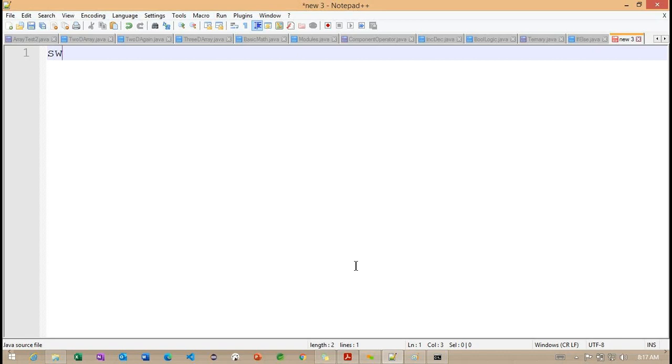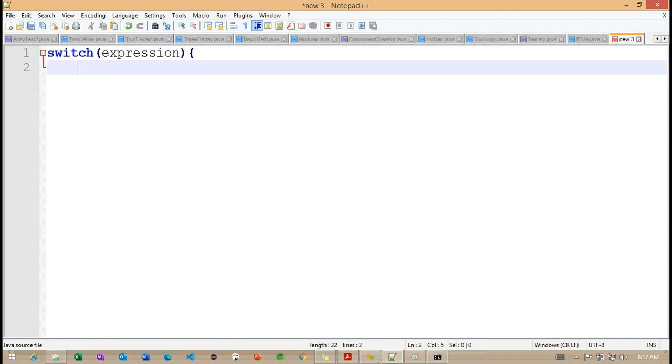Observe here, to work with this switch, first what we need to do. This is a keyword we need to use, and here we need to define the expression. I'm trying to define the syntax here. Once we define this expression, now we'll provide the case information.